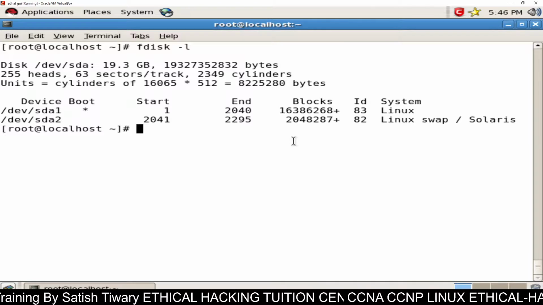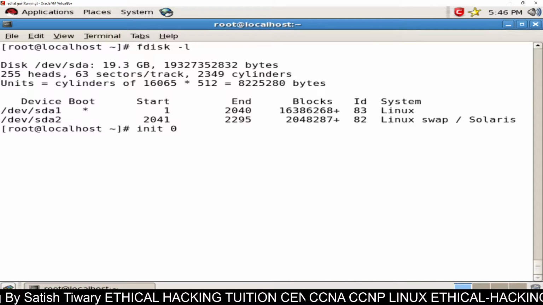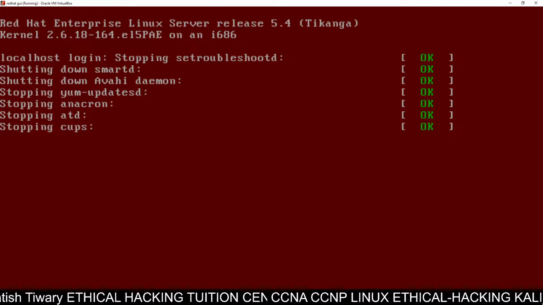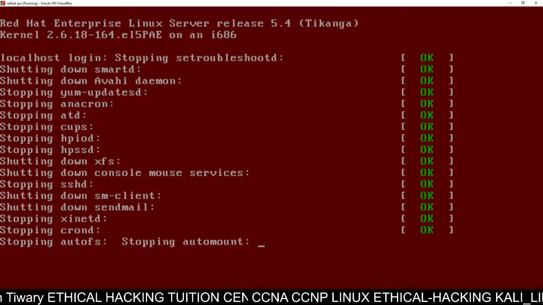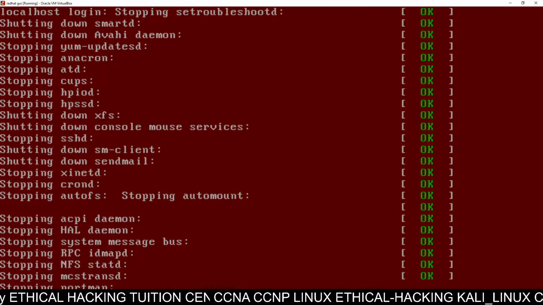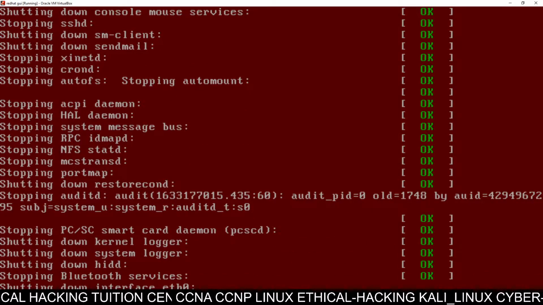First of all, you have to shut down your system. You have to shut down your computer, and then we will see how to add it. So let's watch, just keep an eye on how I am going to add the disk. Just watch very carefully.